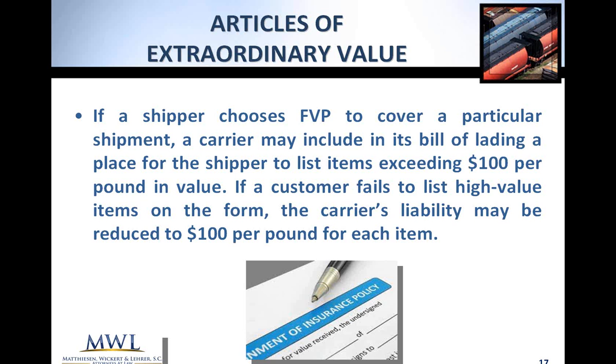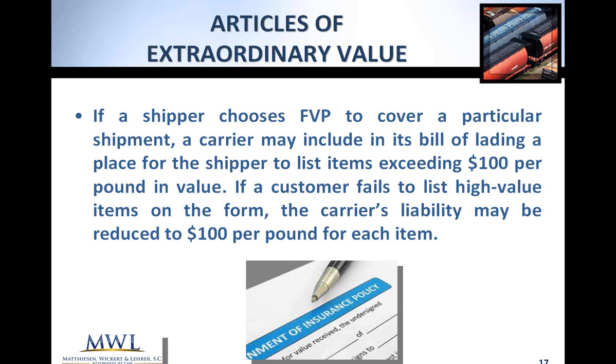Now, the reason for this is that oftentimes with personal items, personal goods, it's very difficult for the mover, for the carrier to determine whether something is high value. For instance, a very expensive painting may not be readily ascertainable as something that is an authentic painting versus a very